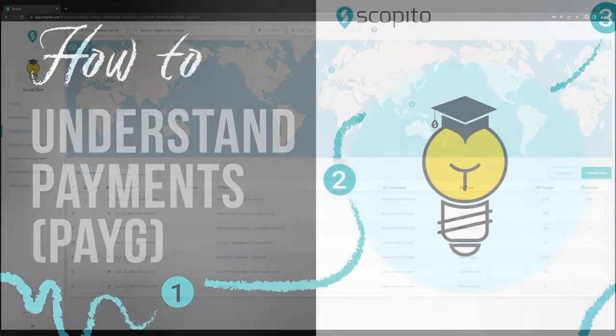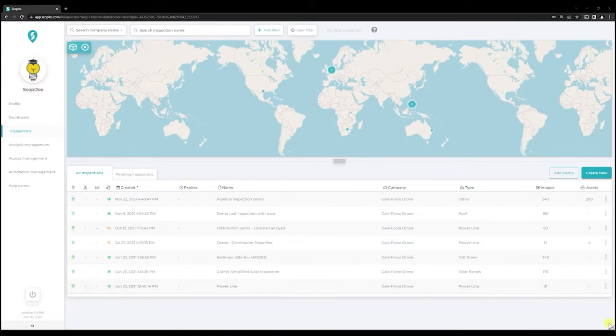Let's get started. The Scopito Pay-As-You-Go system allows our clients to manage inspections on an ongoing, as-needed basis. The costs are based on the type of inspection at a per-asset price structure. For example, a power line asset would be the tower or pole. For roof inspections, each roof would count as an asset. And finally, the license for the asset is for 1 year and will renew annually and can be stopped at